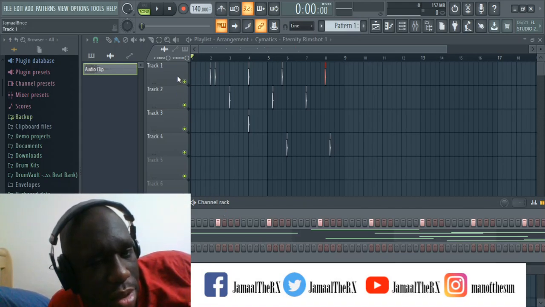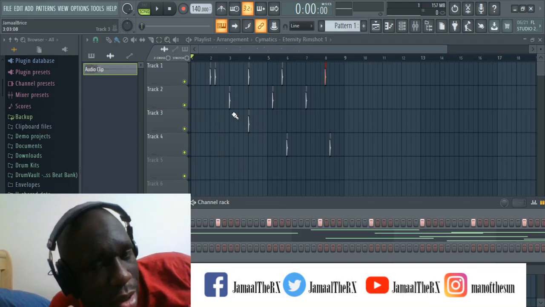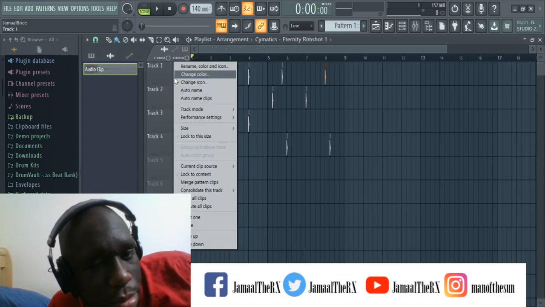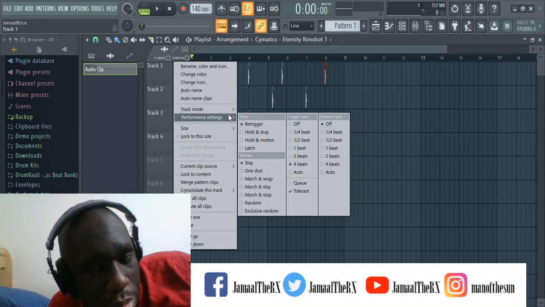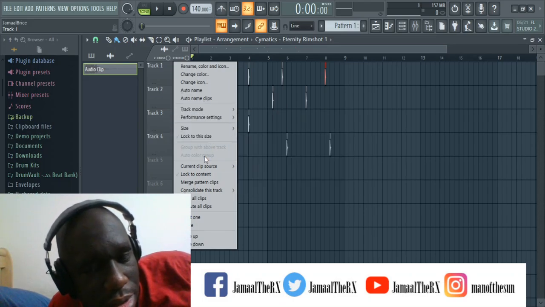Yeah, you can put everything in one track, or you could put it into multiple tracks. But if I were you, I would keep everything organized. So you might want to put all your snares on track one, and you could also assign them like this by right clicking, stuff like that. You could also assign